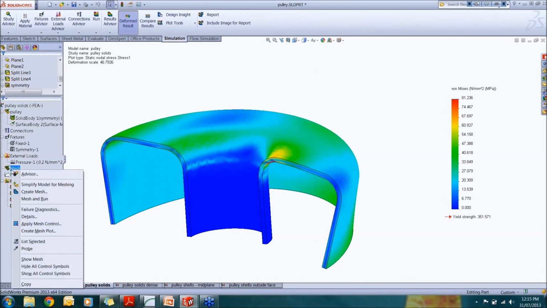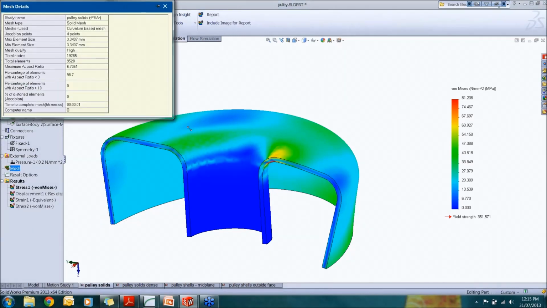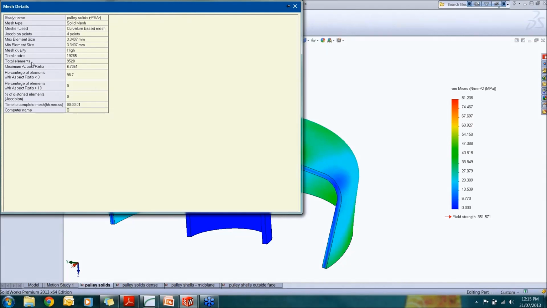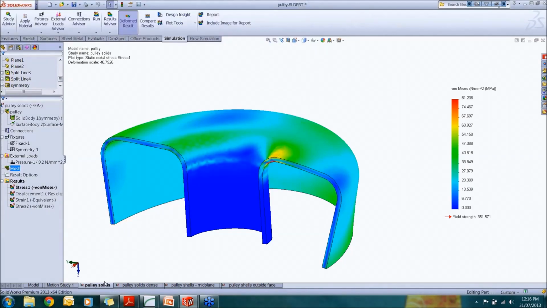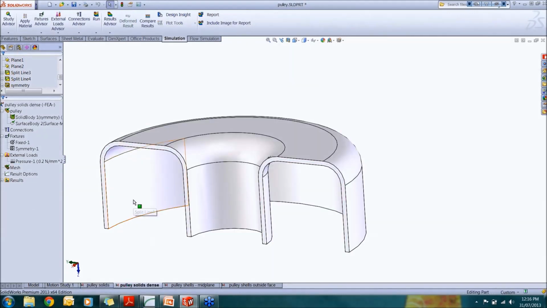You can right-click on the mesh and see the details of what's been created. You can see the total nodes we have created is 19285, and the total elements is 9528. So we will hold this and we will duplicate the same study to a new study, where this time